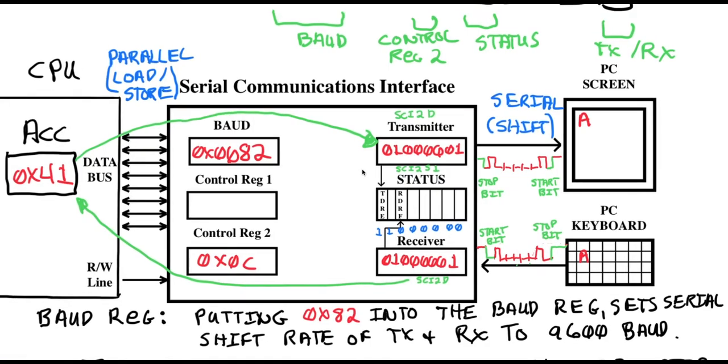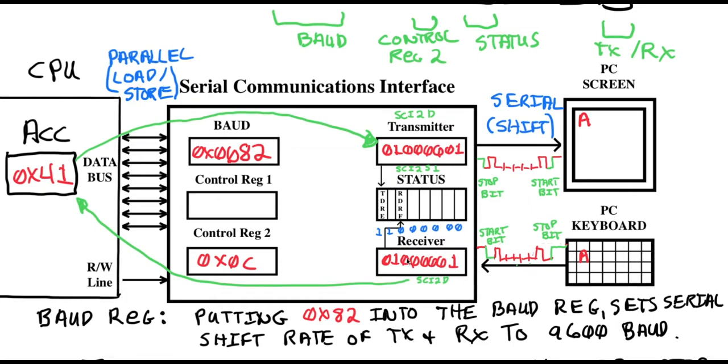Let's do a quick review of what we learned so far. To initialize the SCI, we have to put an 82 here to set the serial shift rate from the transmitter to the PC screen at 9600 baud. And any character hit on the keyboard will then also be shifted into the receiver at 9600 baud. So the baud register sets the serial shift rate for the transmitter and the receiver. The control register, putting 0C here, enables the transmitter and receiver, because without those being enabled, no shifting will happen